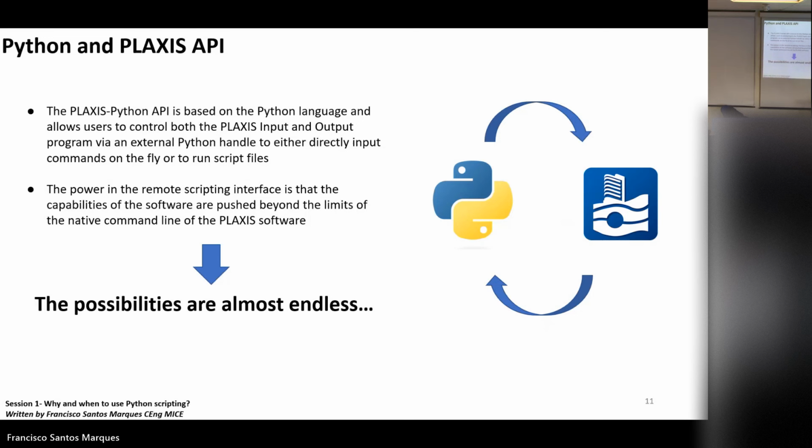But if you have a script with a set of logic instructions, the program can do that for you, not only on input but also on output. The possibilities are almost endless if you think about it, because once you can do this, it's up to your imagination and your goals, or up to you to decide where you want to draw the line. Okay.